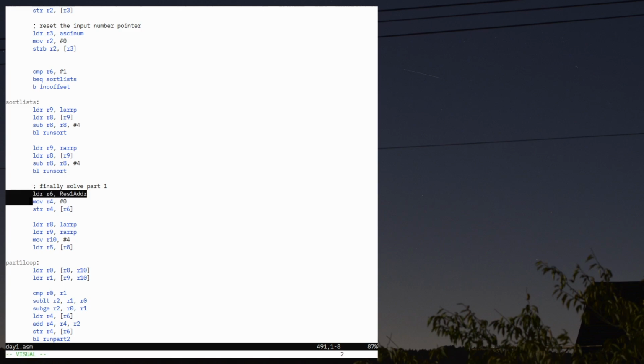So we start with part 1. R6 is the result. We're loading R6 there, and it looks like I'm clearing it, even though it should already be cleared. Fine, whatever. It's fine. So, and then I load my two arrays into R8 and R9, and then an offset thing for R10, and then we load